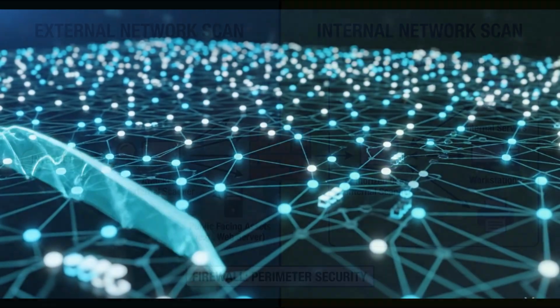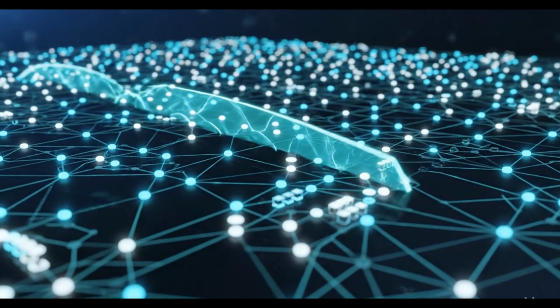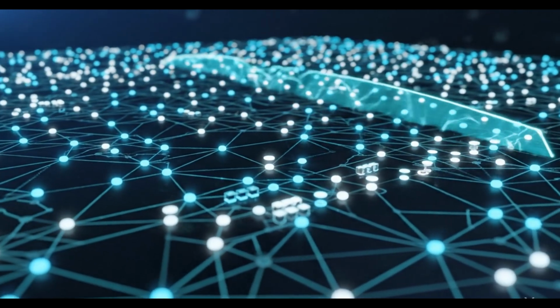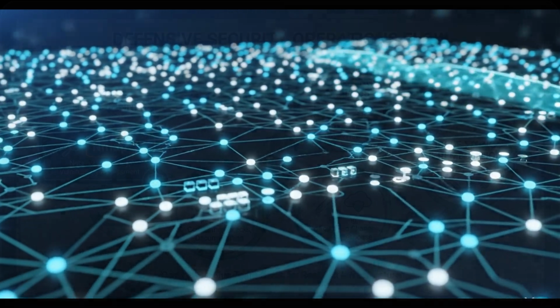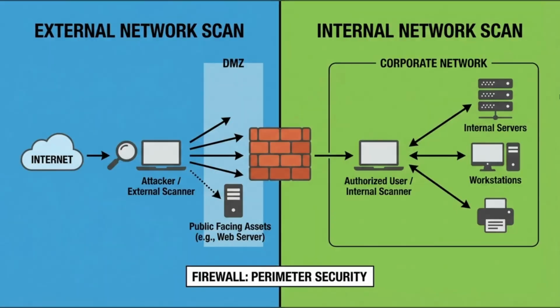So ports are like doors and windows. Exactly. Each port is a door. Some doors are meant to be open, like a main door for guests. Some doors should always be closed, like a back door. Nmap tells you which doors are open.